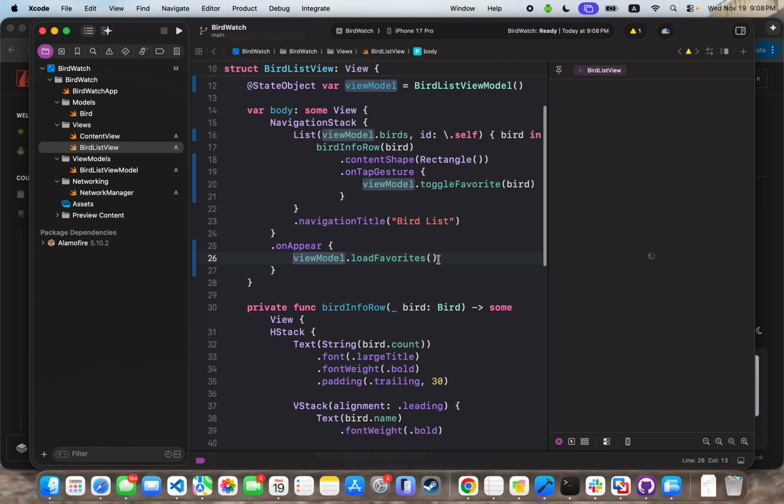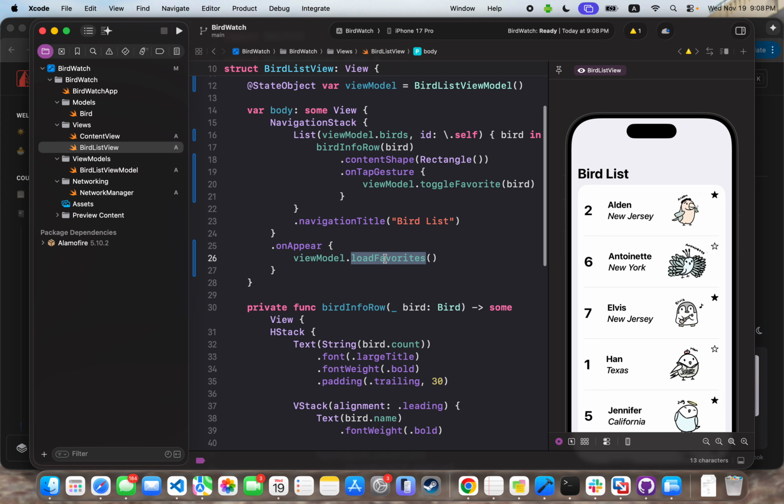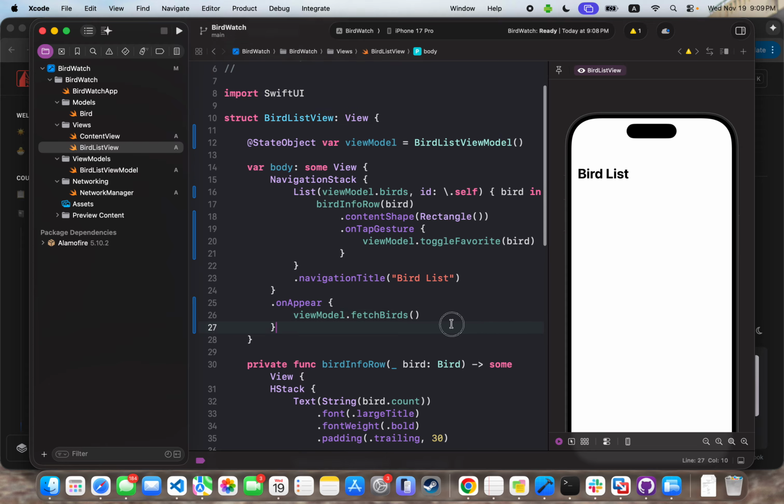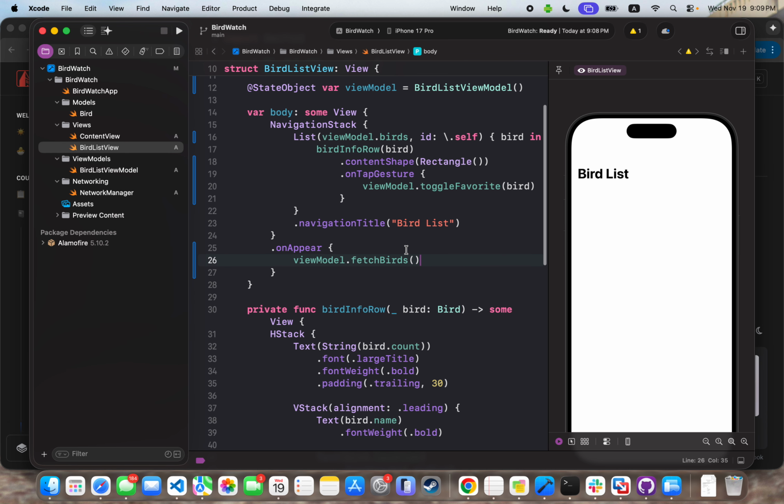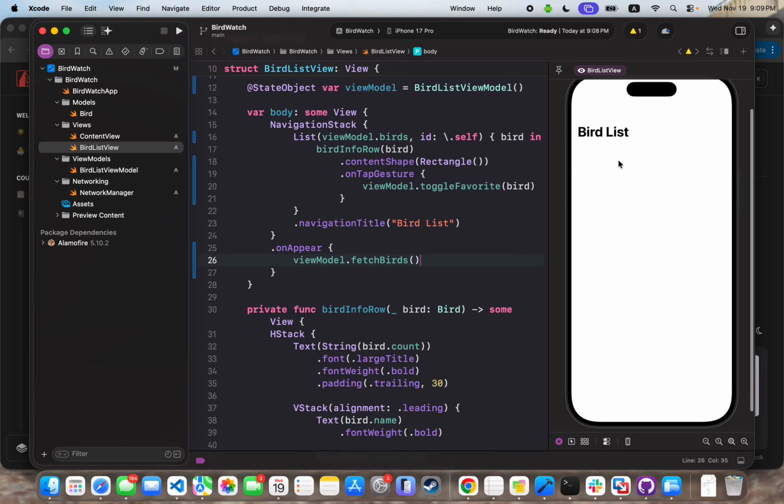So now that that's all set up, what we want to do here is actually change this. So here, now we don't want to load favorites first. We want to load our data first, right? So we fetch birds, right? And it's going to take a while. But once we do fetch it,